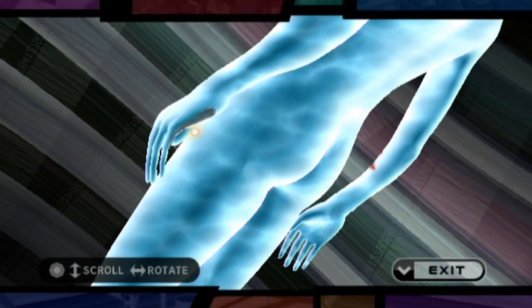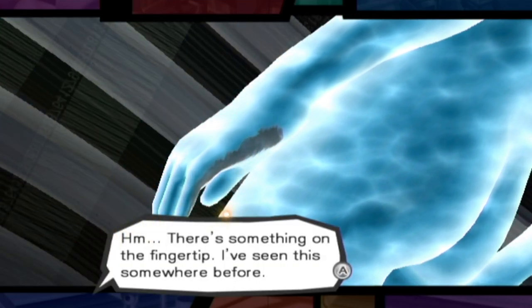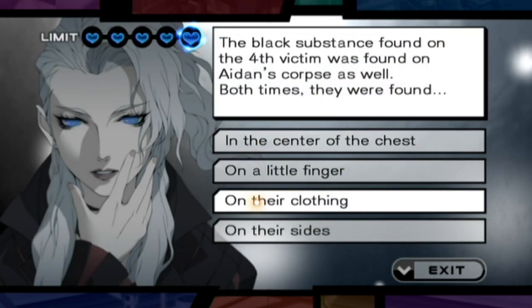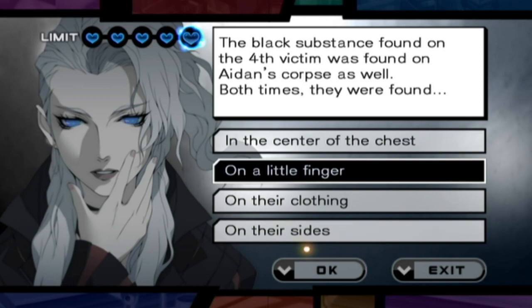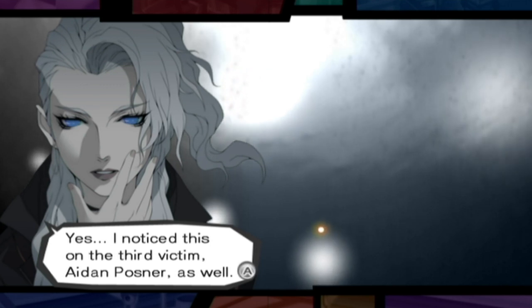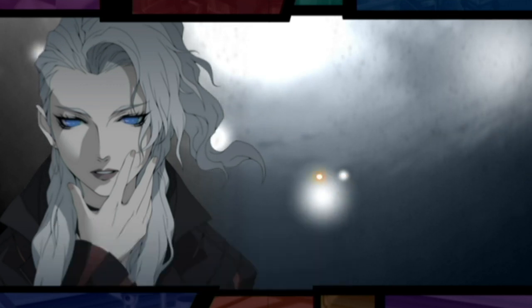Let's check and see if you have the carbon. You do. There's something on the fingertip. I've seen this somewhere before. Now, where was that? It was on a little finger. Yes, I noticed this on the third victim, Aiden Posner, as well. There's something a little different about this, though. It's...